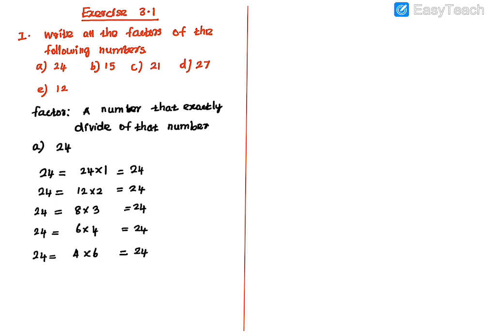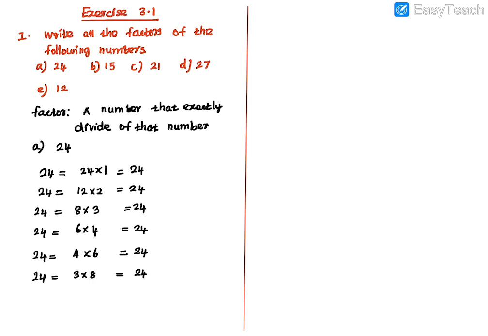That means for the seventh table, the given number will not come. Next, the 8th table. Sorry, not question number, the 8th table. How many 8s are 24? 3 eights are 24. Am I right? Next, the 9th table will not come, and even the 10th table, just try it, will not come.